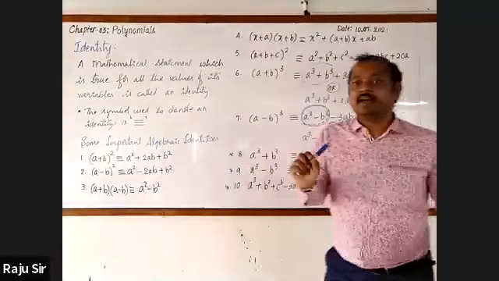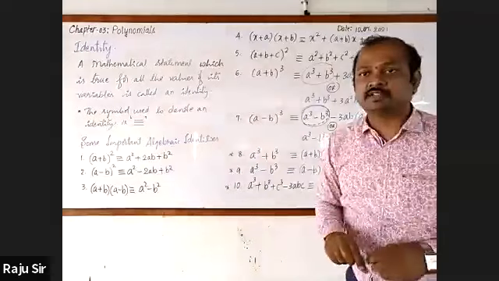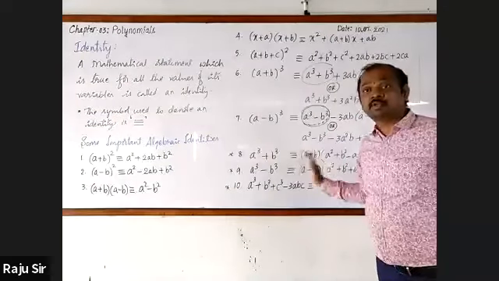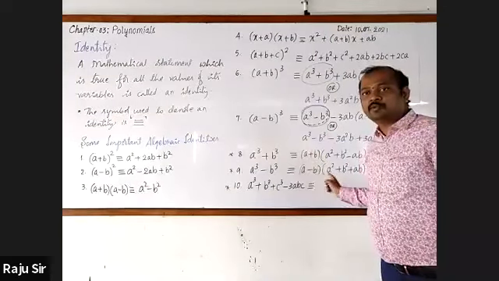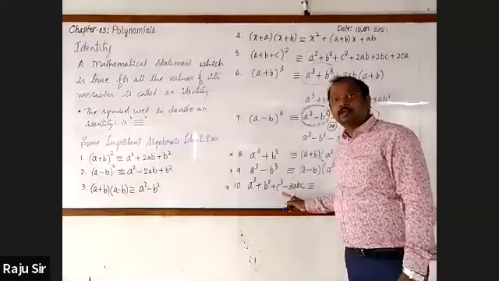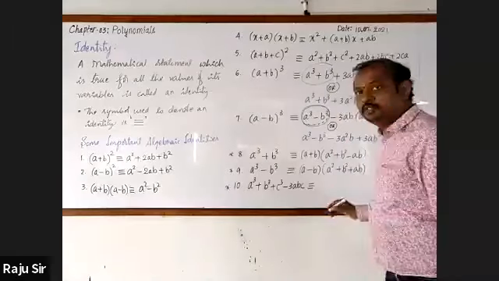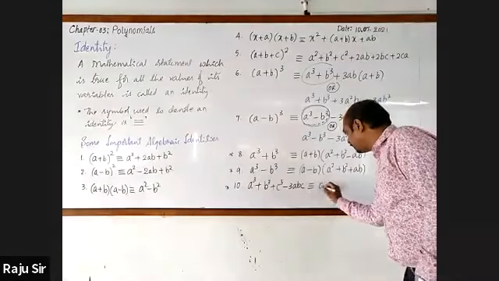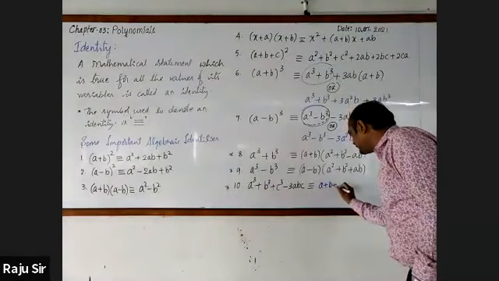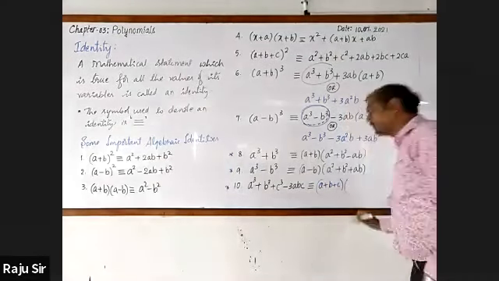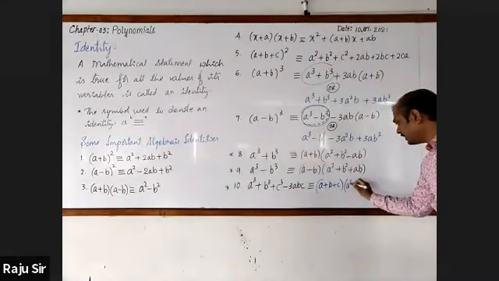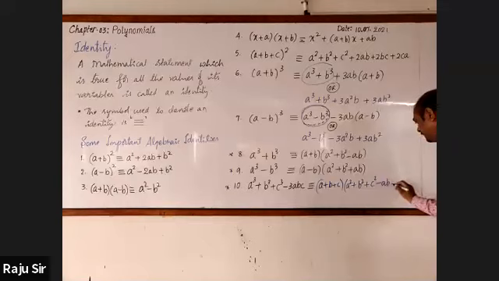Okay, I'll go for a bit of correction in that. Just observe. Please don't write. Observe the way I'm going to write it. Here, A cube plus B cube plus C cube minus 3ABC is exactly equal to A plus B plus C into A square plus B square plus C square minus AB minus BC minus CA.